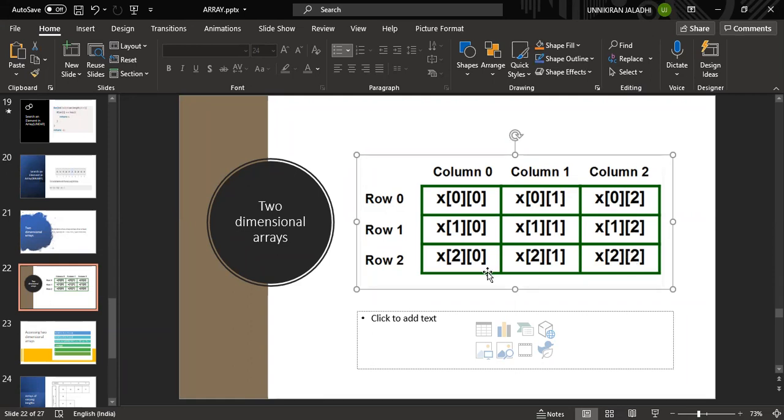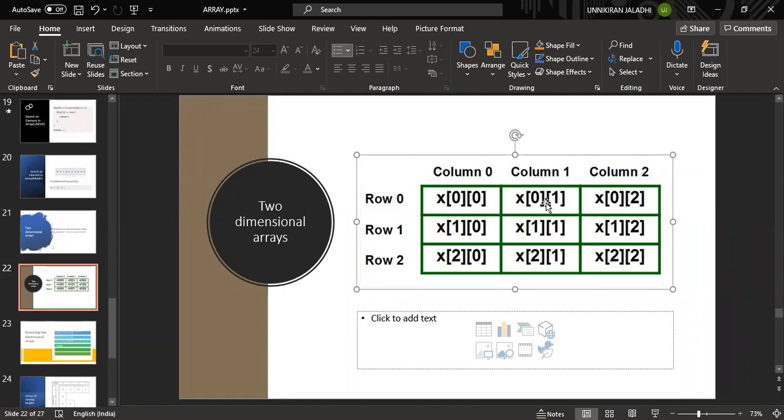Similarly, each and everything will be accessed. If you are going to access a particular element inside a two-dimensional array, you have to use the particular array number so that you can assign particular index numbers. These are the indexes. In general, we are going to declare I and J over here. So by using two for loops, we are going to access this particular array by using the index values.